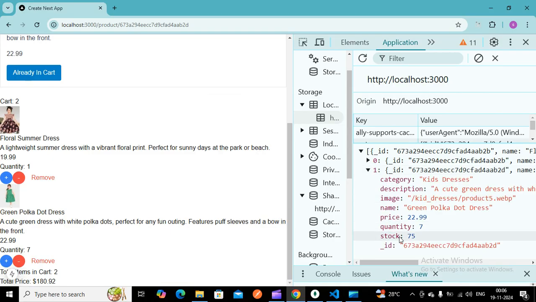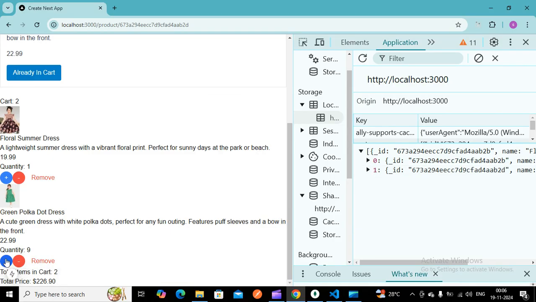The product stock is 75. If it is above 75, my quantity should not increase. The quantity should not go beyond 75. So I'm just clicking up to 75. If I click it, it's not displaying above 75.